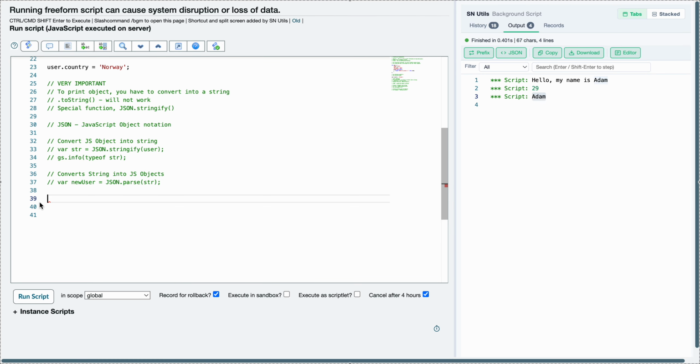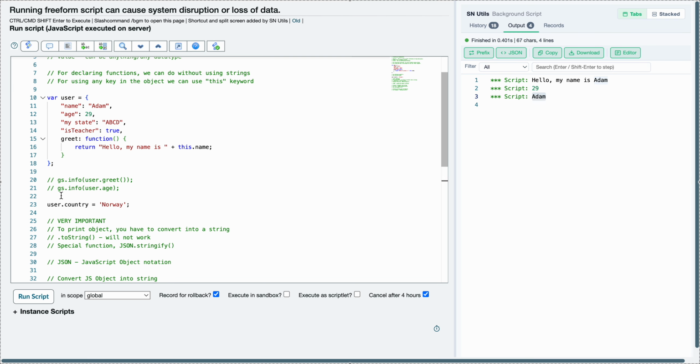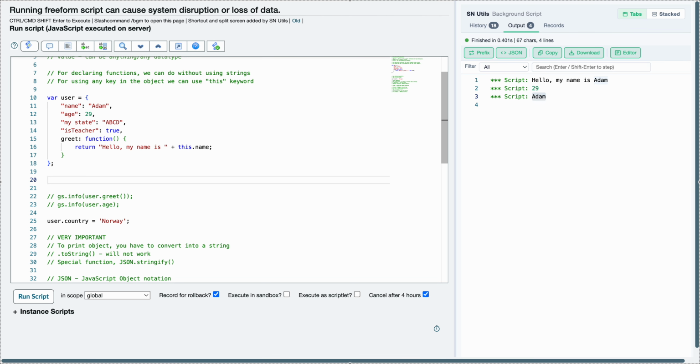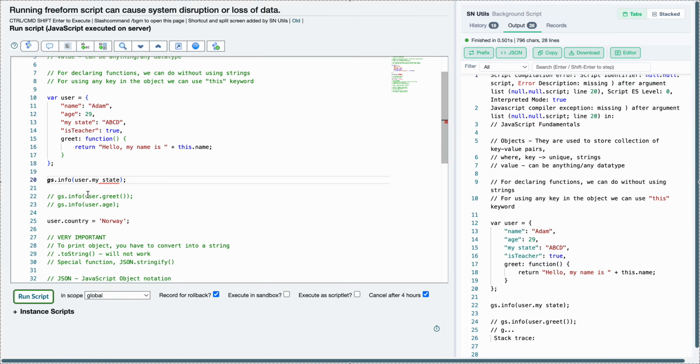Let's paste it right here. Now, if I want to print my state, can I use it directly? No, because it will throw me an error, because there is a gap. There is a gap. So to overcome this,